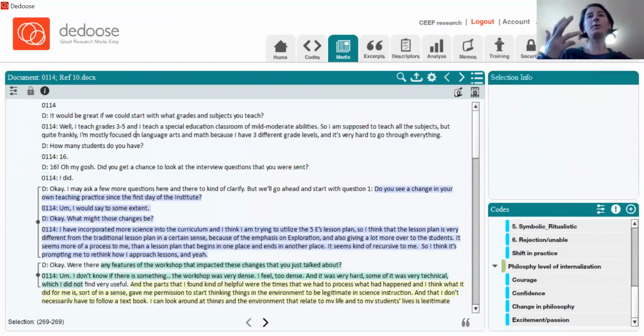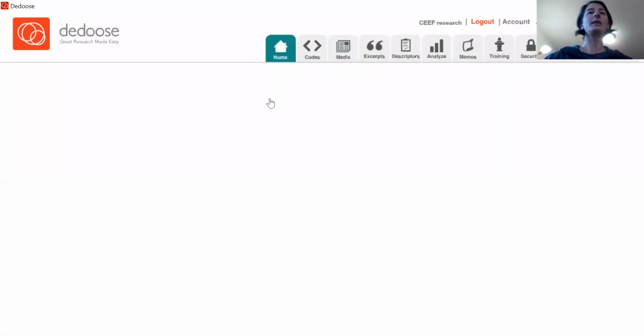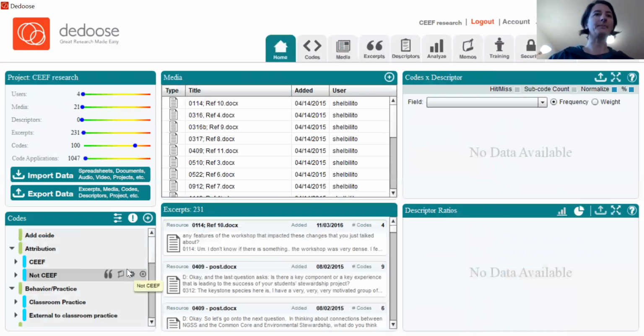And that way, when you pull up your data, you can pull up only the excerpts from administrators, or only the excerpts from teachers. Okay. Another thing you can do is over here, this is the home screen again, and you can see all these different codes. I can actually